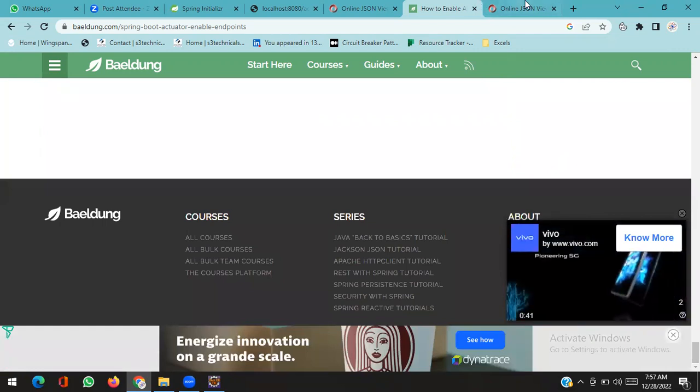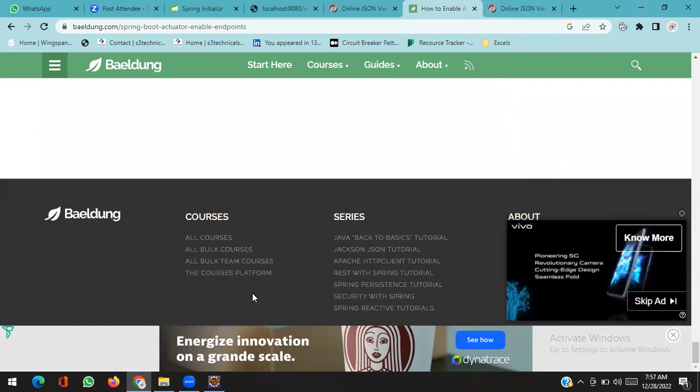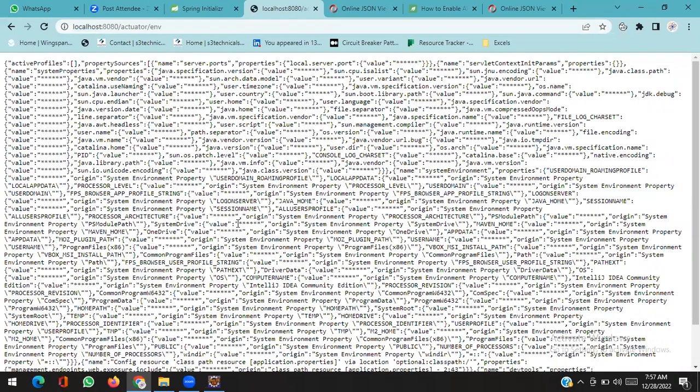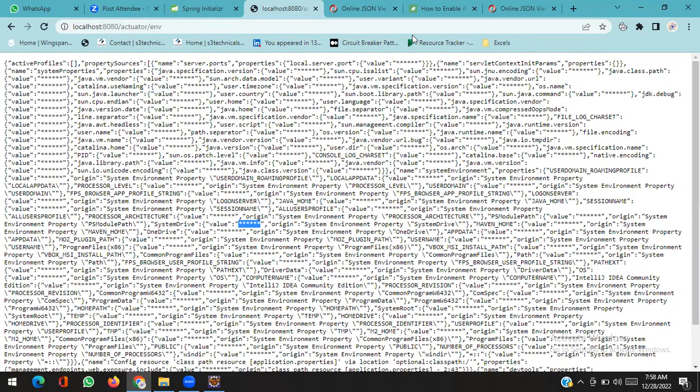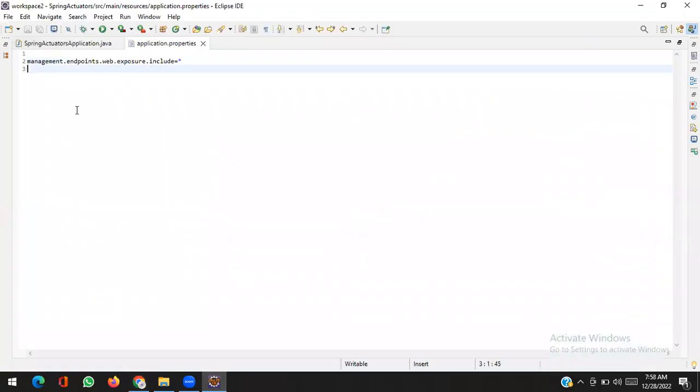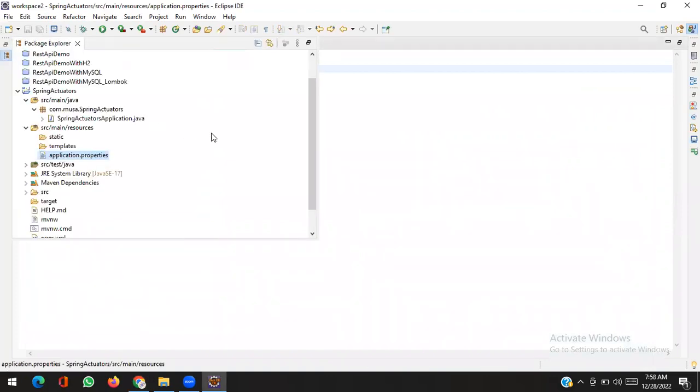I think in the new Spring version they changed something, that's why the values are not shown, for security purposes. Okay, no worries, we are done. So we can see we can get lots of endpoints by simply adding the actuator dependency in